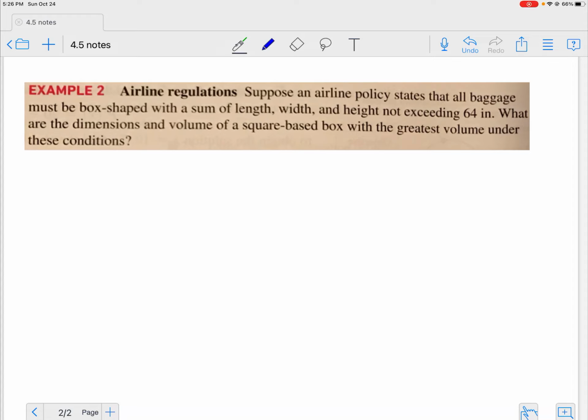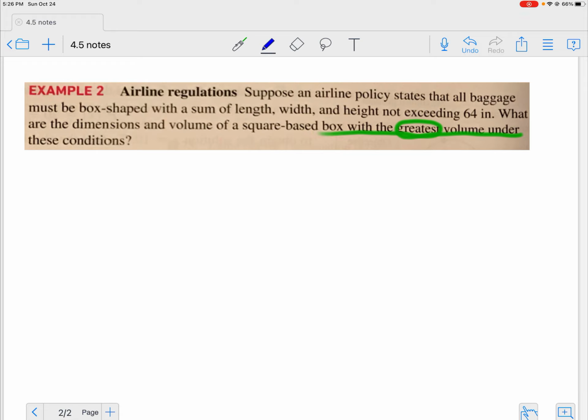Okay, let's try out one more here. Remember, we're going to go for two equations, and we're going to see what it is that it's asking for. So in airline regulations, suppose an airline policy states that all baggage must be box-shaped with a sum of length, width, and height not exceeding 64 inches. What are the dimensions and volume of a square-based box with, there's a special word, the greatest volume under these